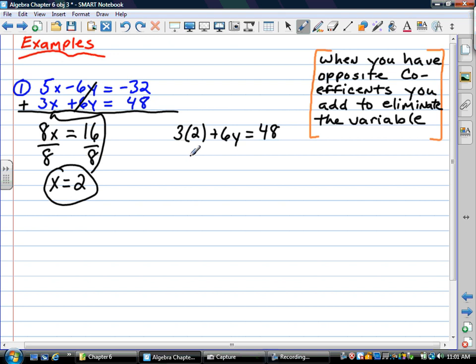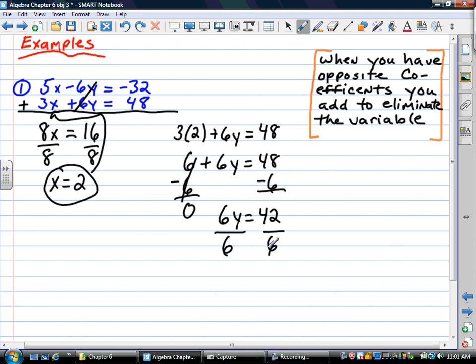I multiply 3 times 2 is 6, so I have 6 plus 6y is going to be equal to 48. I want to solve my two-step equation, so I'm going to subtract 6 from both sides of the equation. That's going to give me 0. I'm left with 6y is going to be equal to 42. My one-step equation, I'm going to divide by 6 on both sides of the equation. We wind up with y is equal to 7. My ordered pair solution then would be 2, 7,